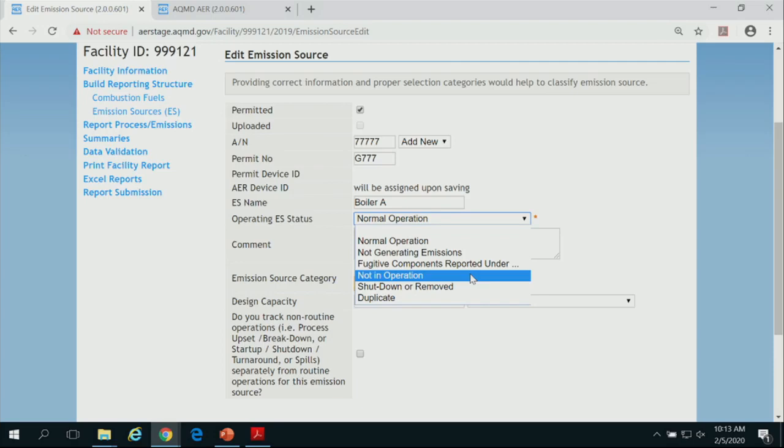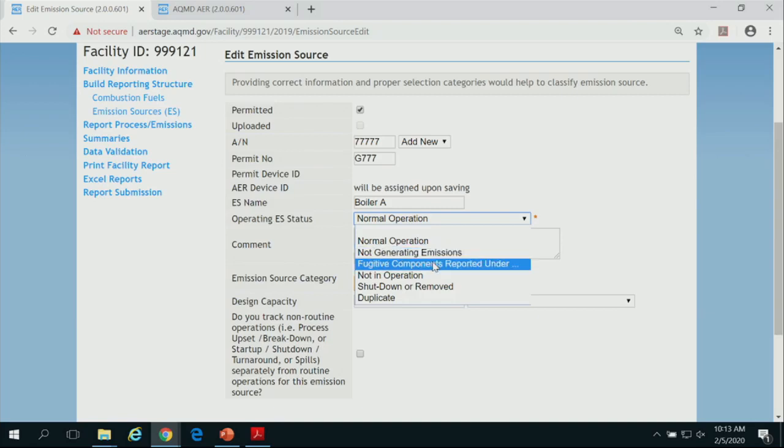The other scenario that you may have is that piece of equipment was in your permit, but it doesn't generate any emissions, but the permit engineer included it there for the sake of completeness. Then you click on not generating emissions. That happens in refineries. They have big vessels associated with different processes. It doesn't per se, it's just a confined big tank with no emissions. So that's to address those types of equipment.